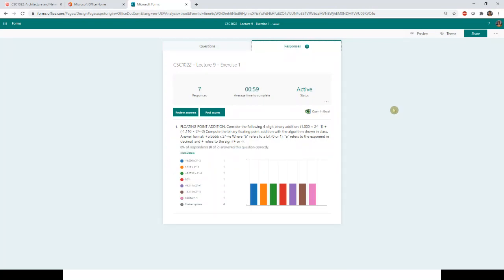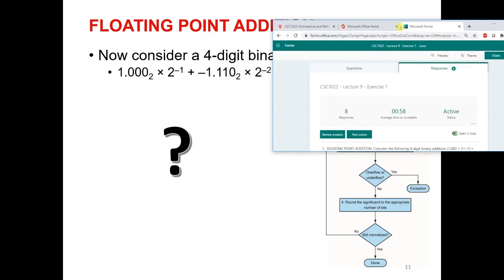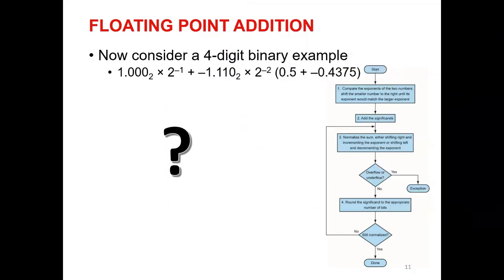Okay, I only got 7 responses. So I'm going to show you how this is actually done. So first of all,